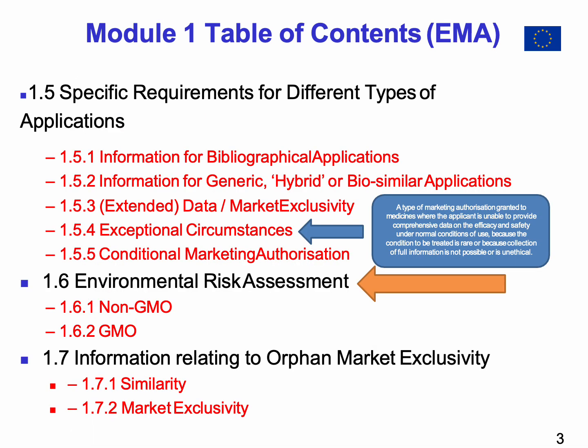Now, continuing with EMA, we can see that, for example, in module 1.5.6, we have exceptional circumstances, which is not one that we have in module 1 of CTD for FDA. Or, for example, for module 1.6 environmental risk assessment, the same applies. Don't forget that, for example, for Health Canada in module 1, we do have a similar sub-module where we ask pharmaceutical companies to add some documentation related to environmental risk assessment.